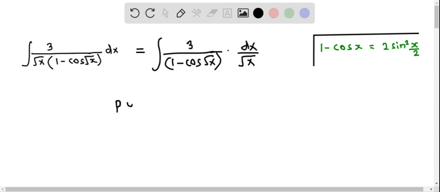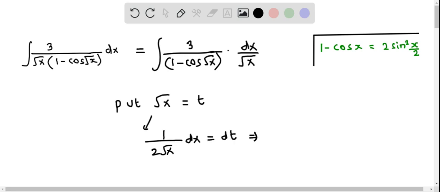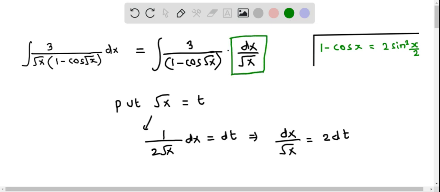So I'm going to put root x equals t, and we take the derivatives on both sides. The derivative of root x is 1 over 2 root x, and then dx, and this equals dt. So we now solve for dx over root x, and this equals, multiplying both sides by 2, 2 dt. And so therefore, if you observe the original integral, we can replace this expression dx over root x as 2 dt,